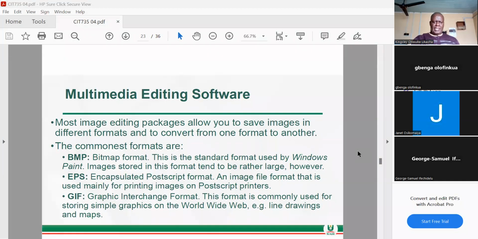Okay, multimedia editing software. Most image editing packages allow you to save images in different formats and to convert them from one format to the other. We always have problems when the format has one particular aspect that may not be recognized by another format. And so most of the applications that open multimedia must be able to recognize the differences among all these formats so that they can convert from one format to the other